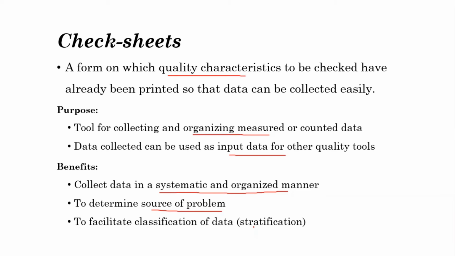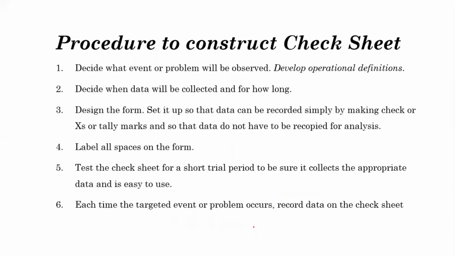Or you can say females and males based on gender. So you could create different strata once you have organized the data. So there is no strict rule to construct a check sheet. The only thing that is needed is to include all the information that you want to collect consistently throughout the data collection